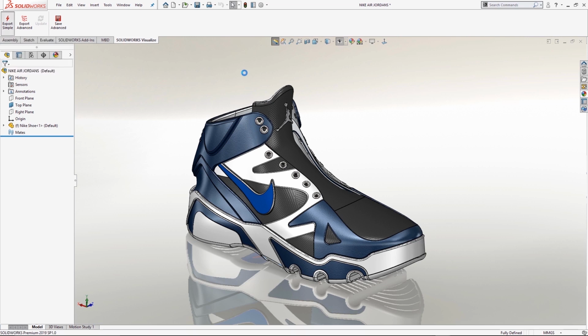There's two ways that we can get our data into Visualize. We can either import it or we can export it straight from SolidWorks, which is what I'm doing here. Another nice thing about SolidWorks Visualize is that it allows us to open up lots of different types of file formats that we can't do in SolidWorks.